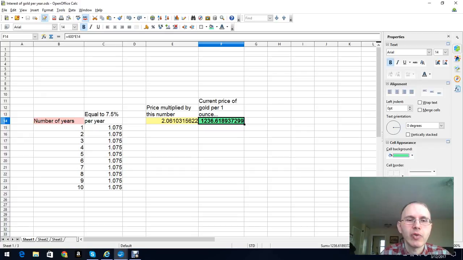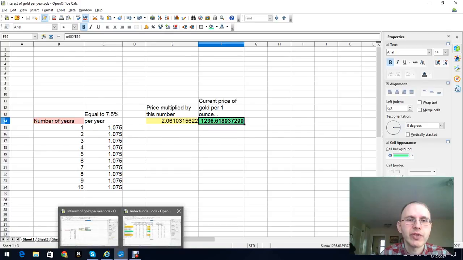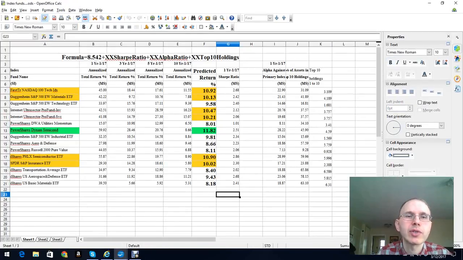Let's see how much the actual mutual funds are generating. Here are some examples from my previous video, about the formula that generates the predicted interest rate. It tells you how much return actually happened and how much I am predicting. So let's compare this 7.5% that will be produced by your gold holdings to some of the best index funds on the market. The lowest one here is, I believe, this one, which is